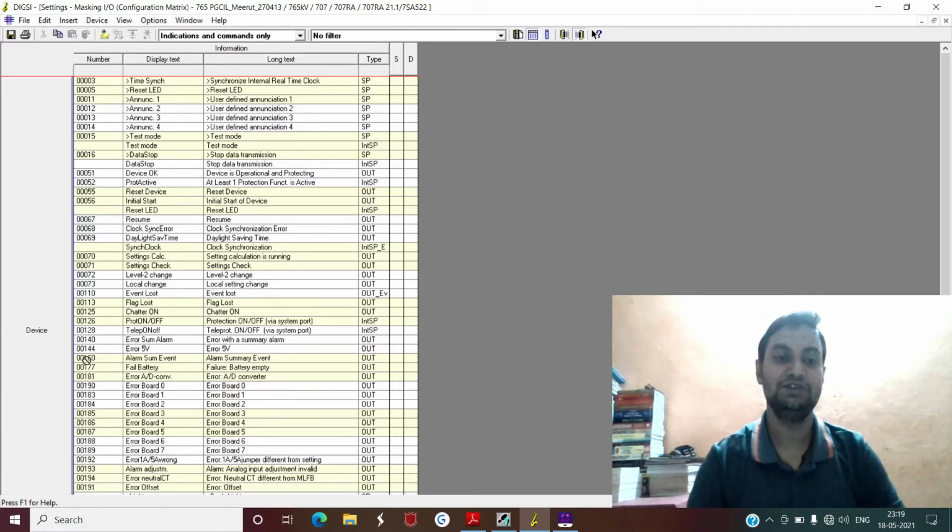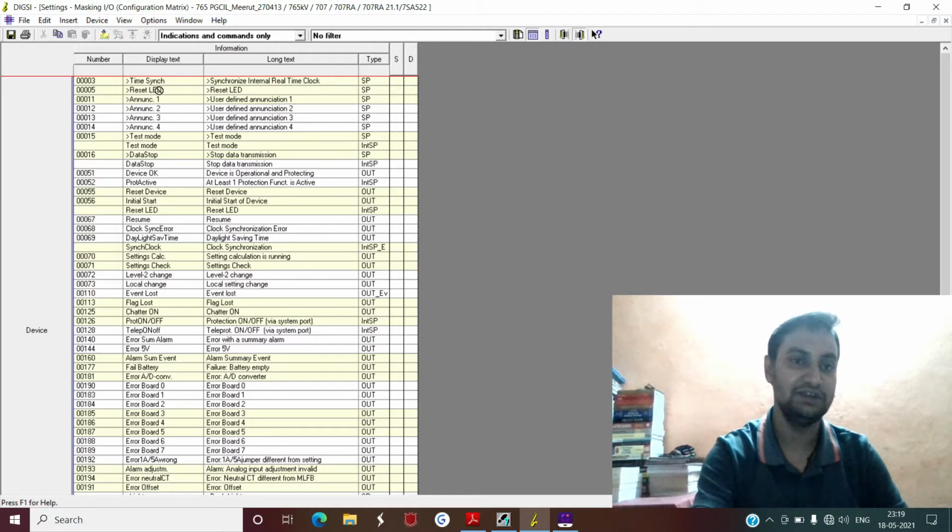Instead of searching for time sync, you can simply search 00003 and you will be directed to this point, and from there you can see how time sync signals will be generated inside your 7SA5221 relay.